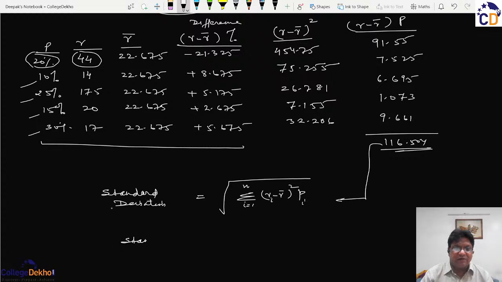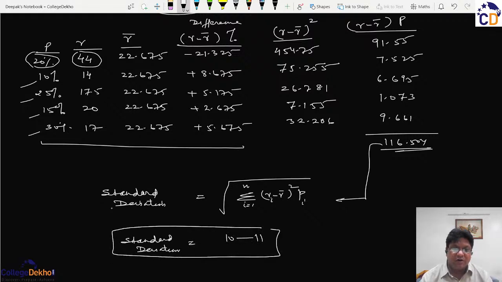So the standard deviation, which is an absolute measure of risk, will in this case be a figure between 10 and 11. You can always use a scientific calculator to arrive at this figure. And because of the fluctuation of returns from 14 to 44,